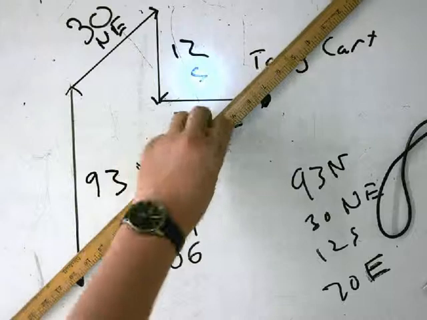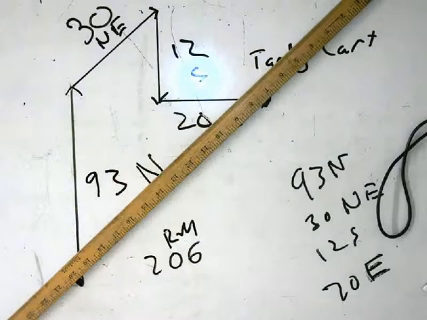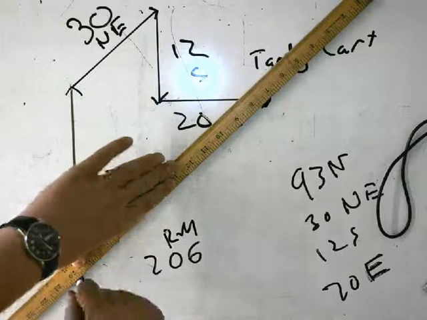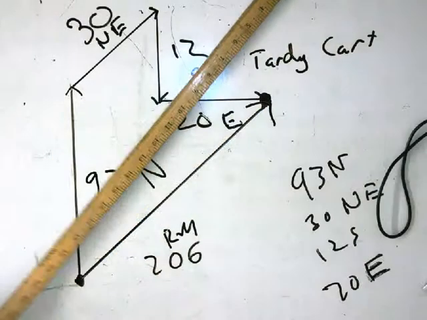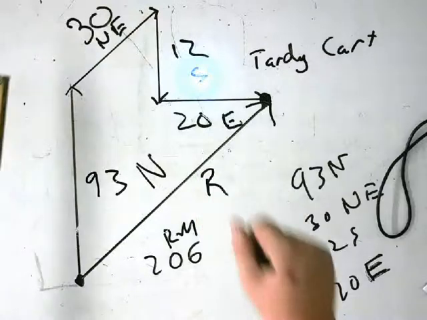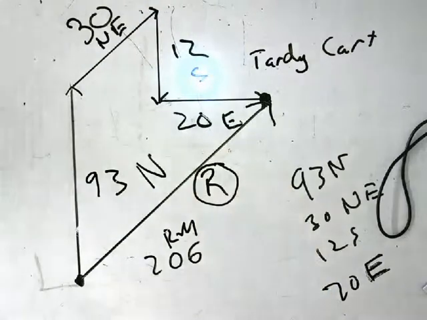And this would be the best path from room 206 to the Tardy cart, which is, of course, just going across the courtyard. But since we can't really fly through windows, it's not feasible. And so we, again, had to follow the path and curvature of the classrooms and the hallways. But if we could, this would be the resultant vector here. All right, resultant. But of course, we can't do that, but it's still useful to know what that resultant might be. Now, of course, this isn't drawn to scale,